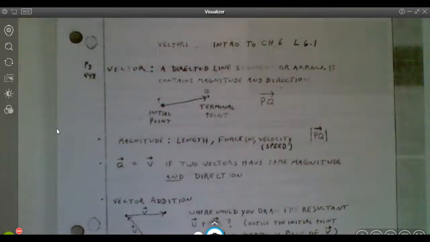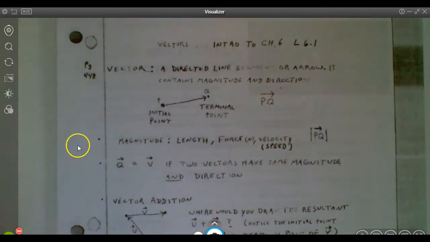All right, here we go, getting into chapter 6. So the first lesson we're going to look at is our introduction to vectors. You may have had some experience with vectors, depending on science courses you're in, but we're going to be starting out heavy on vectors, and then all this is going to bring in some trig to go with it. We'll get to that at some point, but for now we're just going to start with our introduction to